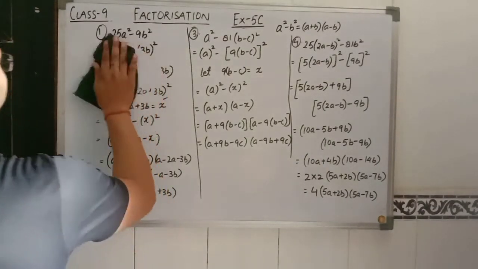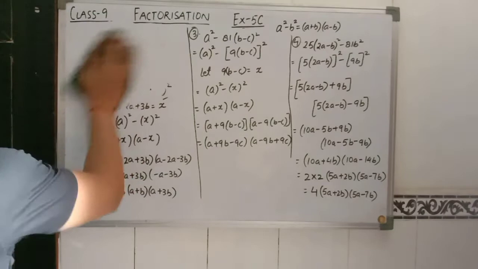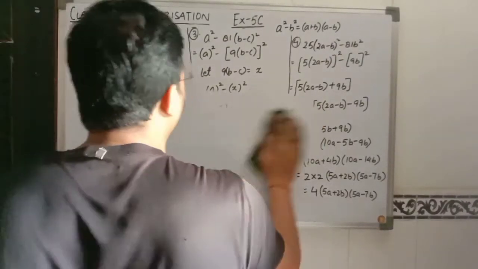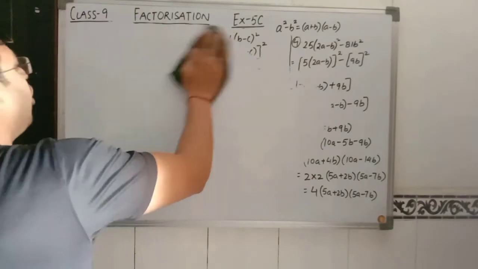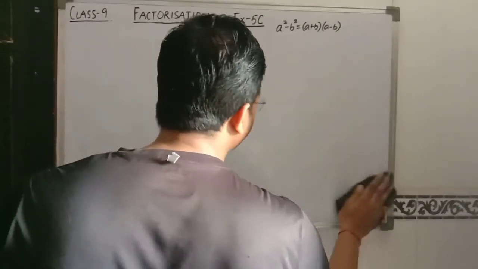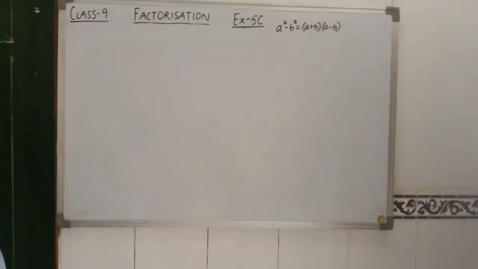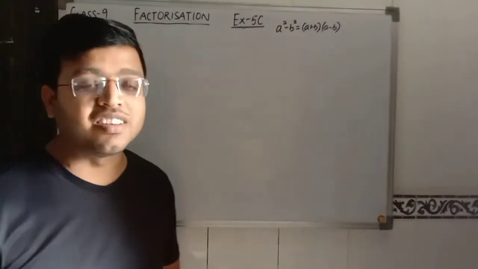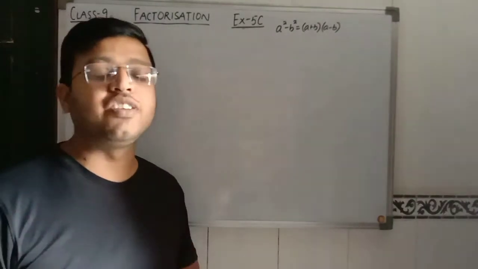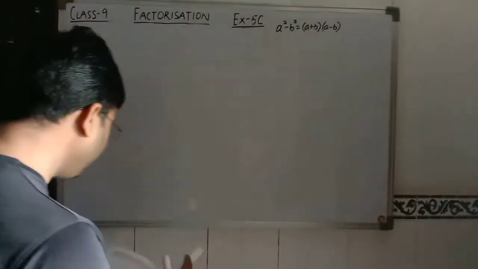As we can see, the identity is very easy, but sometimes the question is written in such a way that the application of the identity does not become so easy. We have to make it easier. Then only we can say that this question is easy. And that is the motto of my channel, make mathematics and physics both easier.